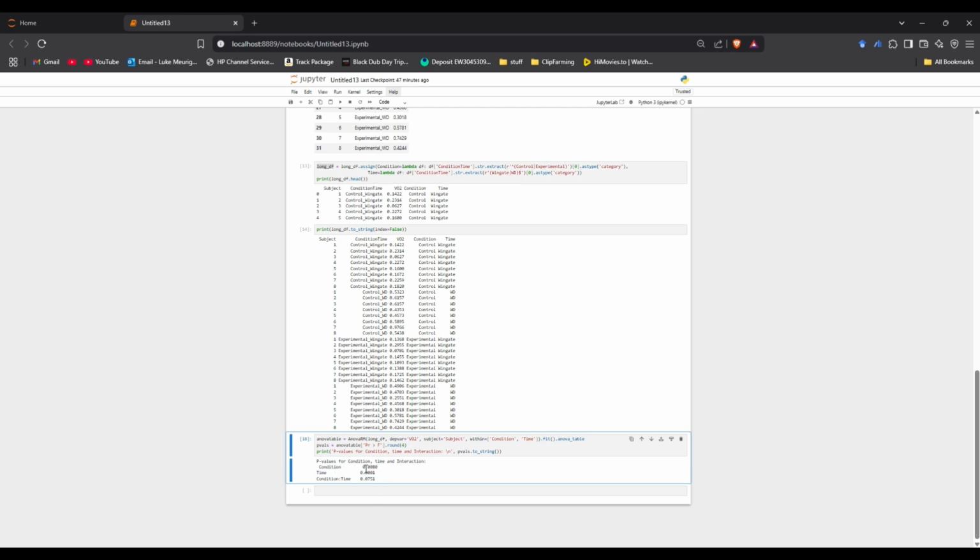However, these are the ones that I really like to look at: between our experimental and control condition, there is a significant difference in the two VO2 measurements, and with time, between data collected during the test and the warm down, there's also significance there. And that is how you perform a two-way repeated measures ANOVA,